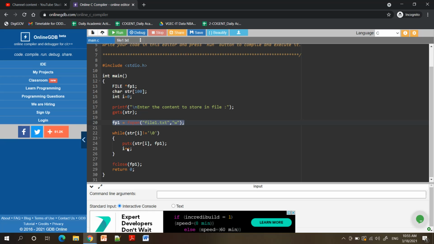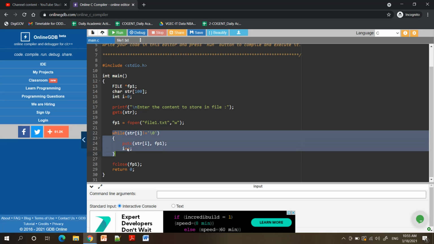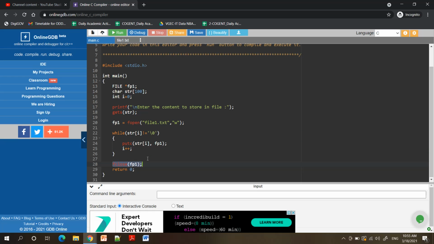After that we will be accessing that file using fp1. Fopen contains two parameters. The first parameter is the name of the file and the second parameter is the mode of the file. Then we have written this loop to perform the writing operation. So we will be taking one character from the string and writing that into the file using the putc method, and after that we are closing the file.